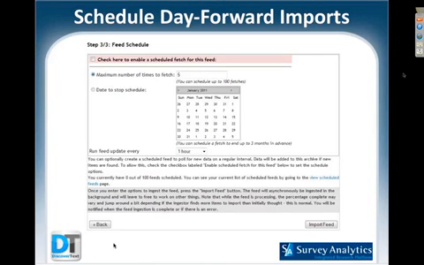And then step 3 is we have a scheduler. So for Facebook, what we currently do is go back 6 months. That's a constraint that we built into the system because we didn't know how much data we were going to get, and we can lift that constraint anytime we want. But you can also go day forward by checking the box here and scheduling future fetches. And we limit up to 100 fetches, and then give you various choices. It could be every hour, every 15 minutes, once a day, once a week. And so you'll accumulate more data over time into your archive via this scheduled feed catcher. Next slide, please.